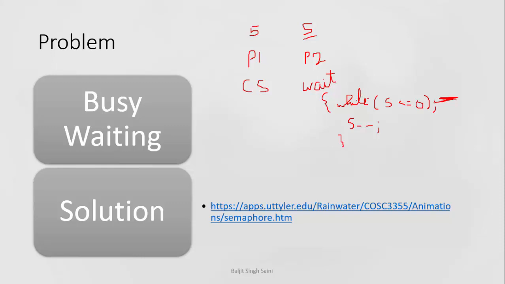There is no useful work that is done by P2. So this 5 seconds could have been given to some other process or even to P1 so that they might have done some useful processing. So what is the alternate for this? What is the solution to this? The solution to this is just modifying the definition of wait and signal. So here's a link that I am providing you. Visit this link. It's a very good animation that will make the entire concept clear. Okay, they have given you the solution, उन्होंने mention किया हुआ है, plus animation के साथ explain किया हुआ है how that busy waiting problem is avoided with the modified definition of wait and signal.